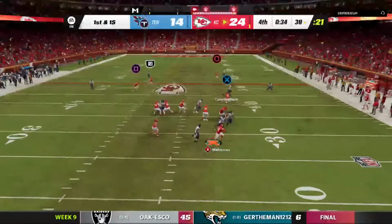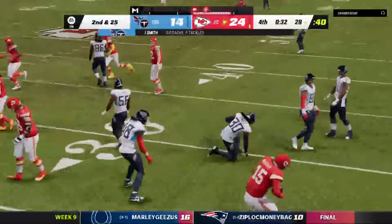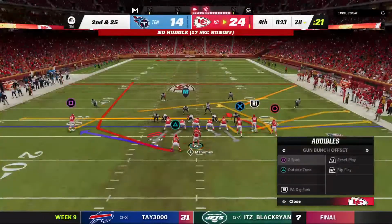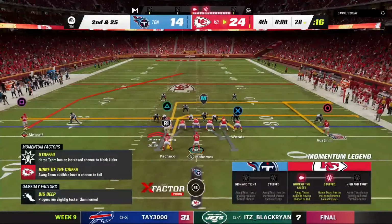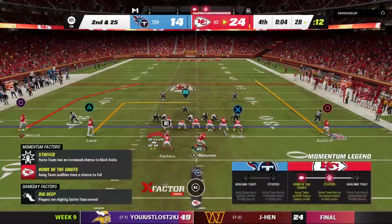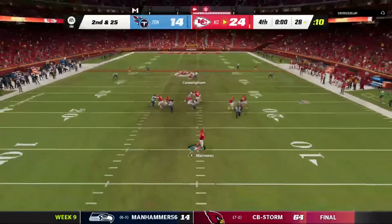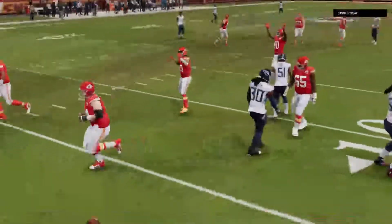Mahomes to throw. And he can't get rid of it. He's taken down. Finally hauled down for the first time this game. Multiple defenders in there to drop him. Mahomes going to throw it here. And it's incomplete. They're still throwing to the very end. And now this game is over. Well, that second half, Charles,